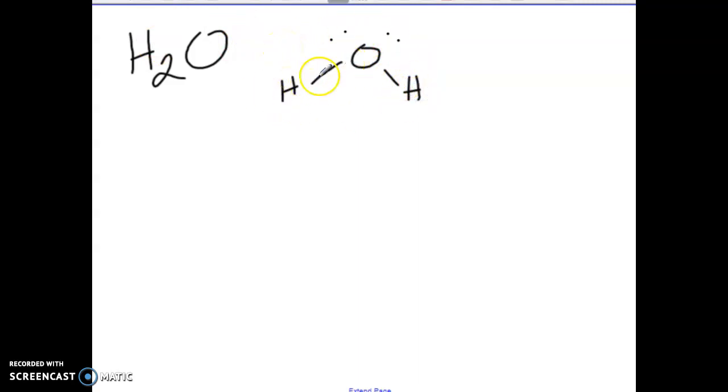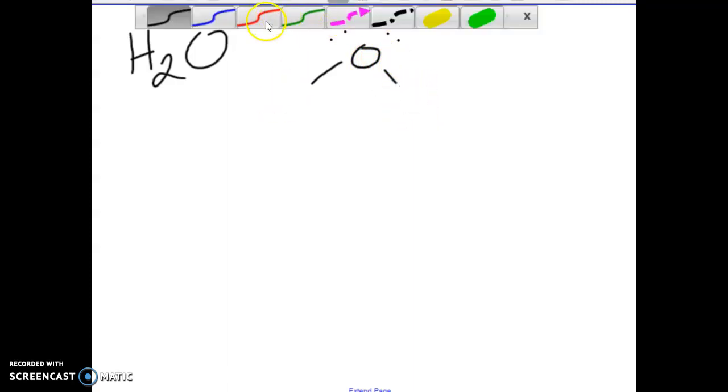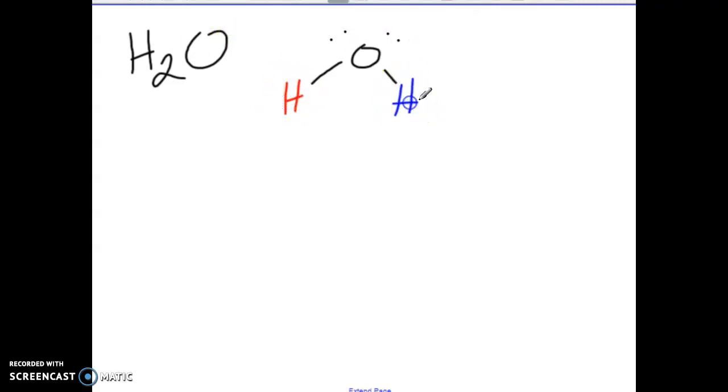So we have a single covalent bond between oxygen and one hydrogen, and then we have it for a second hydrogen. And actually, you know what I'm going to do, just to make this a little bit clearer to see, we'll use different colors here to organize it. So oxygen will be black, and then the two hydrogens will be different colors. So if we were to look at oxygen's energy level diagram,